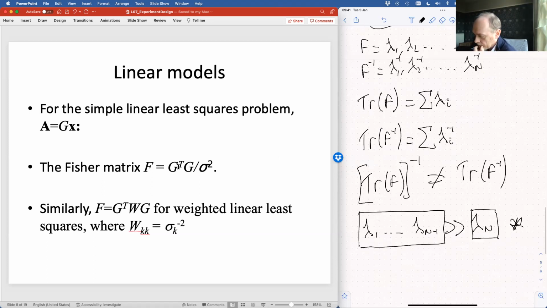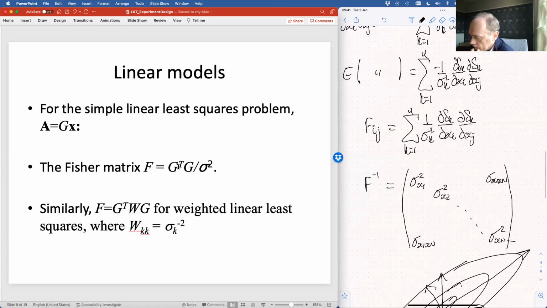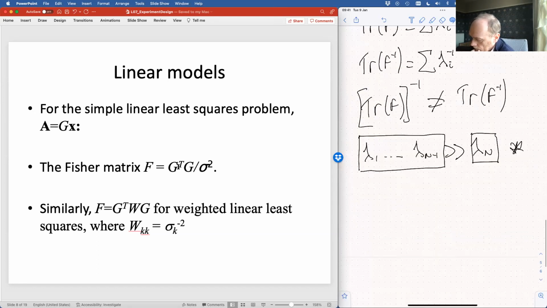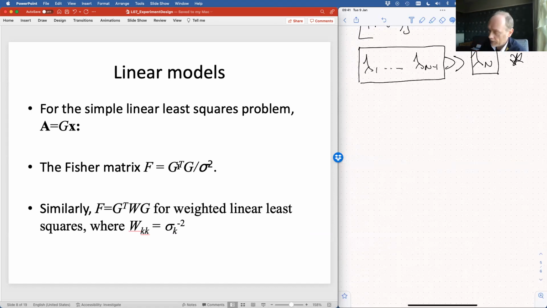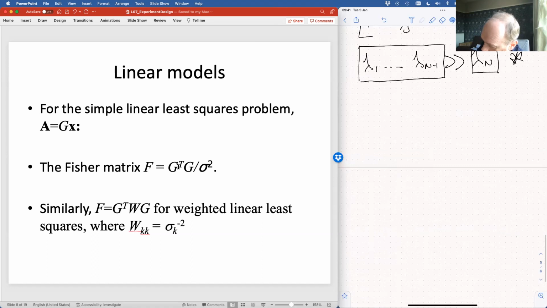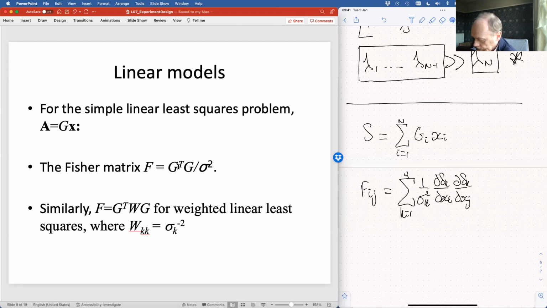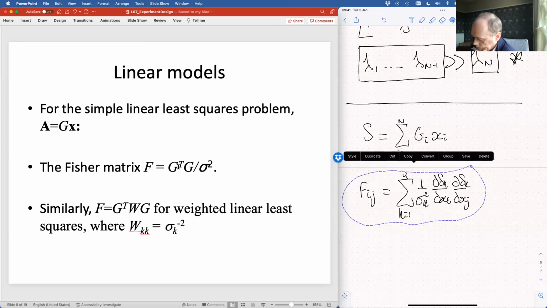It's pretty straightforward from the expression that we derived up here, which I'm going to copy because I want it. And let's start with writing down a linear model. So of course we can write S, if it's linear, as just a linear combination of, let's say, G_i and x_i, i is 1 to n. And then if we were to plug that into our equation for the